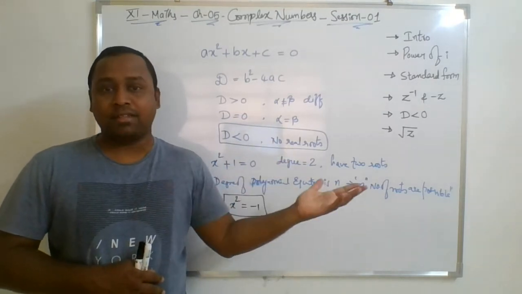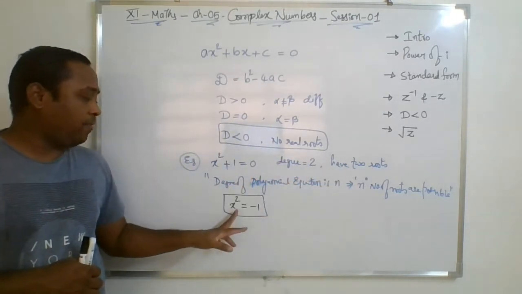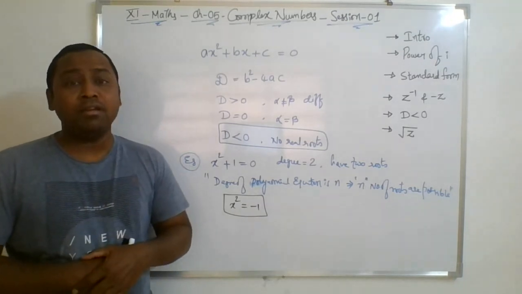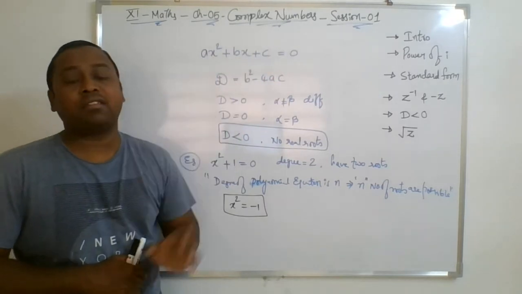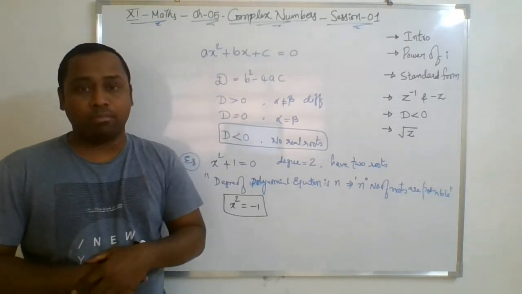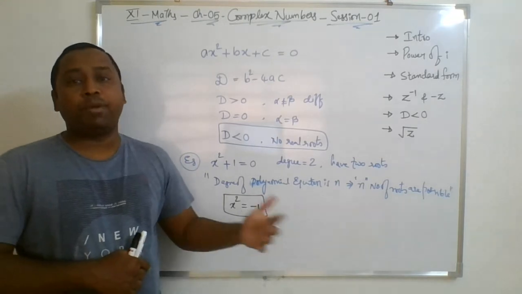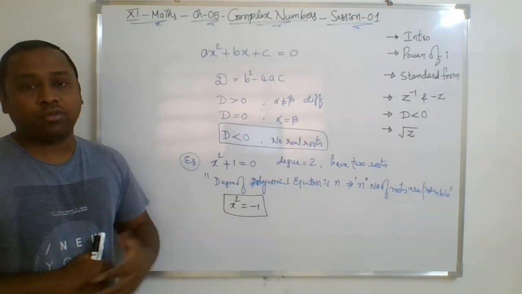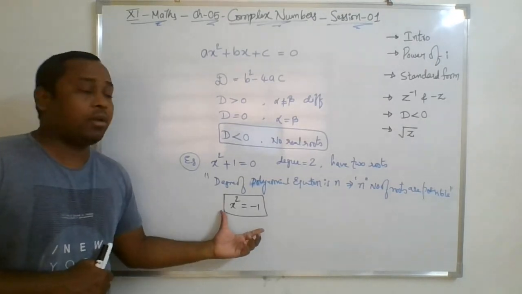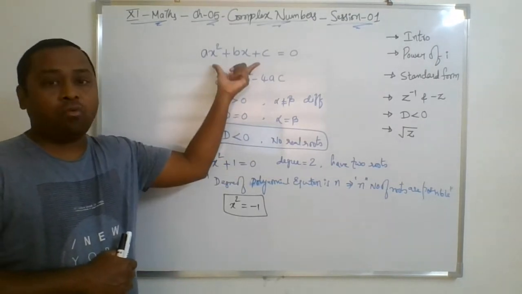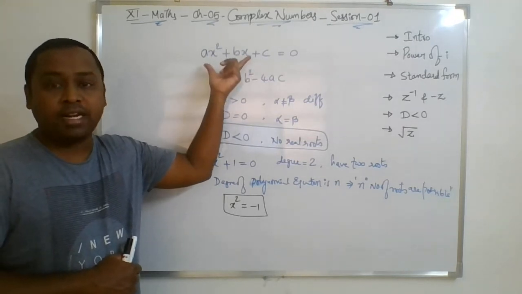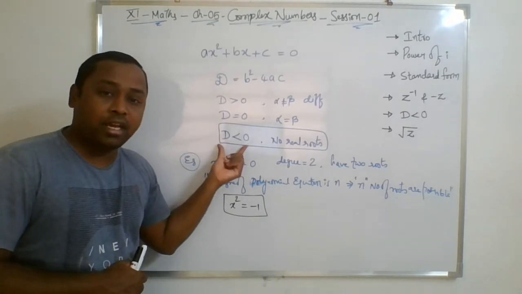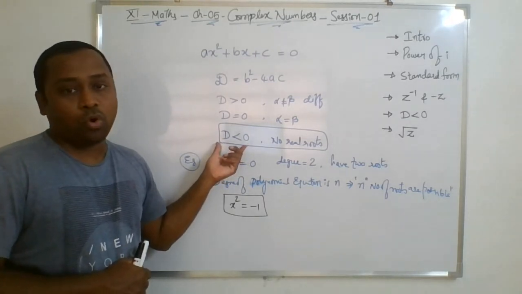So in the complex number system, the square of a number may be negative, not in the real number system. Now, how could it be possible? That is what we are going to understand. If it is possible, then we can solve the quadratic equation. We can find the roots of quadratic equation where the discriminant is less than 0 also.